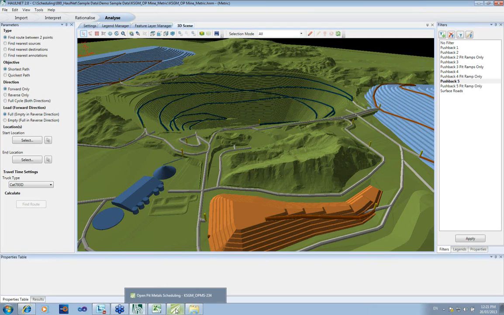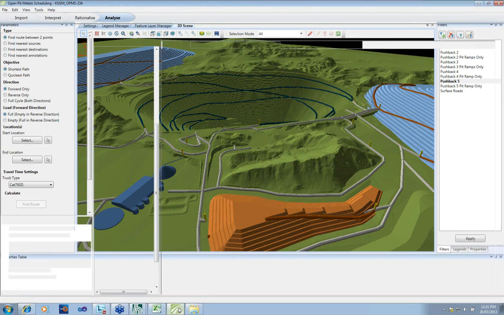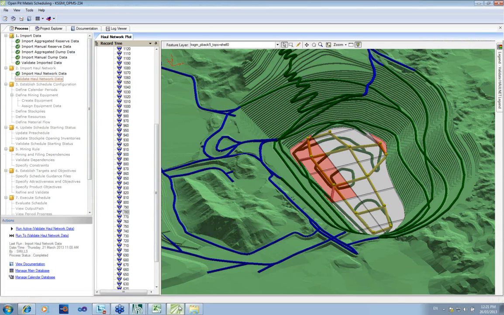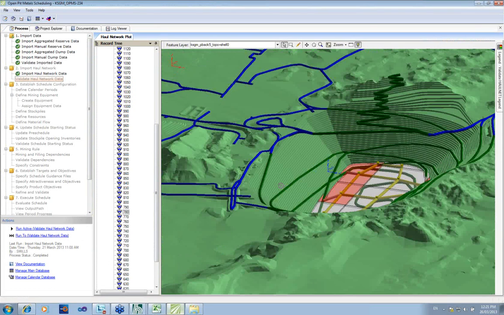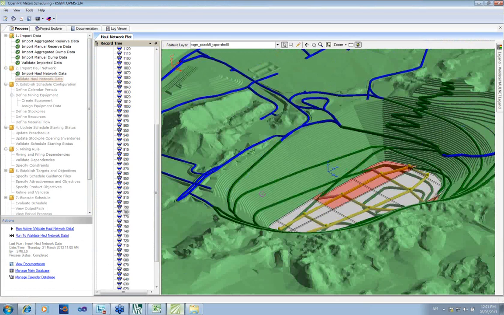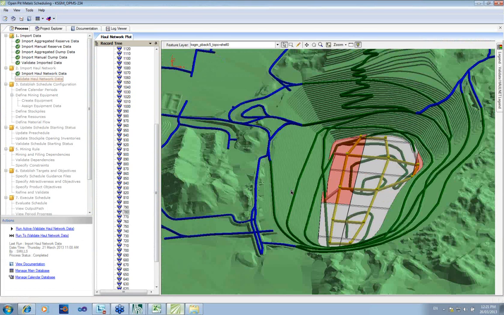And the third option here is what RPM's been working on, what we're calling our Openpit metals scheduling solution. This is a fully integrated solution that provides the integration of an XPAC model with a whole network model. You can see this is a scene directly out of the scheduling solution. We can see our whole network roads, our ramps, and down here we can see we've got our